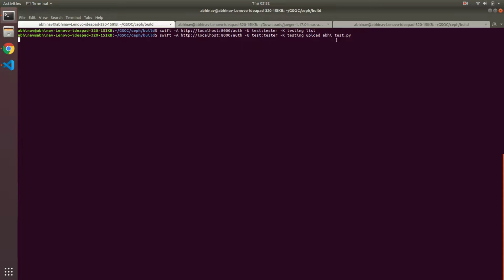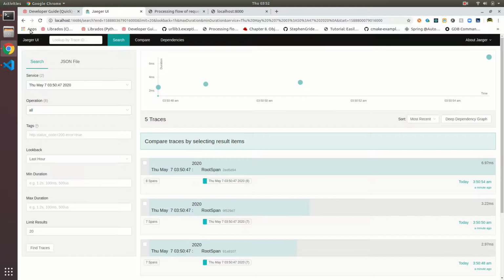We'll wait for some time. The request is completed. Now we will see the traces in the UI. I will reload this, and now I have 4 traces.